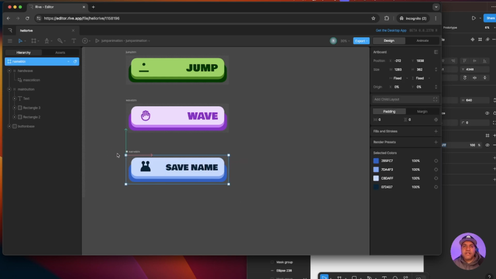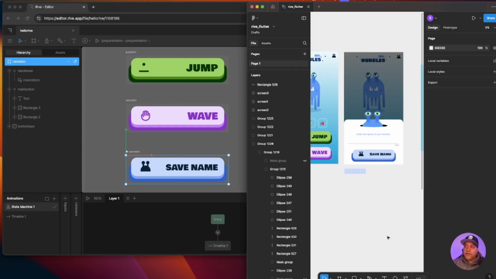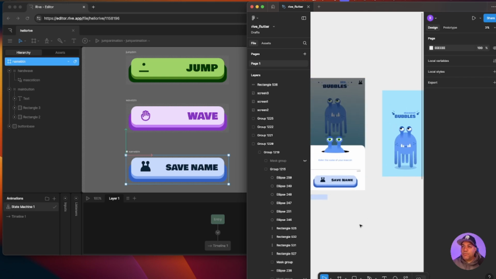So now we have our name button. And if I try to play the main state machine, look at the icon, it's incorporated and is actually animating. I love that. Awesome. So you see, we're making really great progress. We're almost about to be done with all the assets, and then we can move on to other topics such as inputs and listeners. Let's wrap up now this little peeking guy